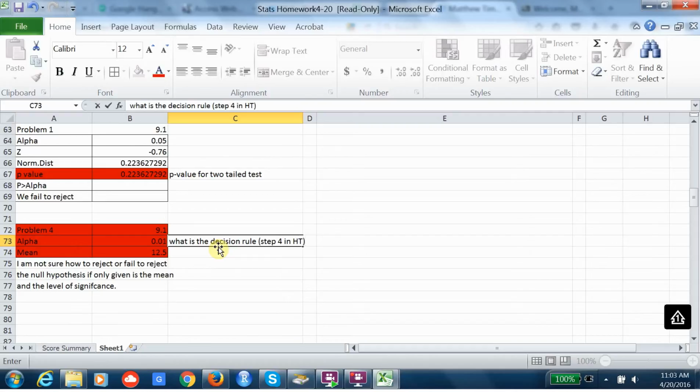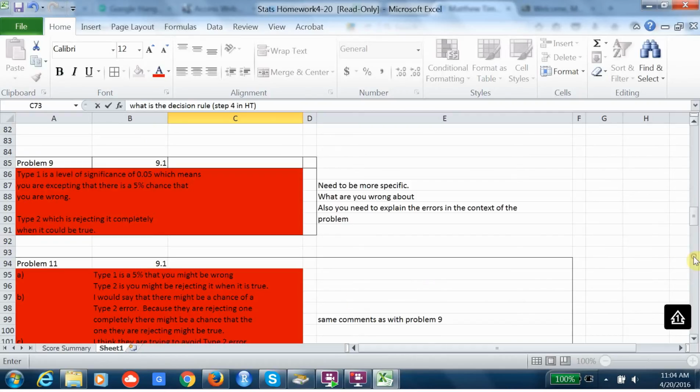So just look and see what the decision rule is, and you're just going to write that out. It's a very short problem, actually. On both of these problems, you have to be more specific. You know, talking about wrong and right, it's very relative because there's two different things that we could potentially be